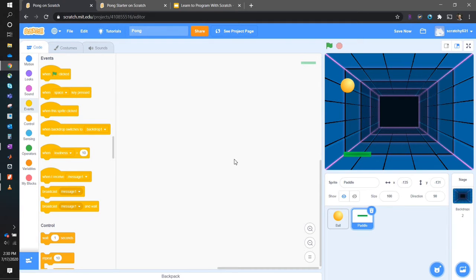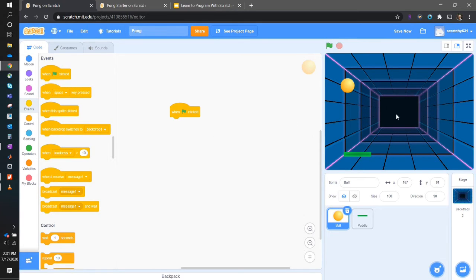To get started, okay, first we're going to program the initial gameplay. First thing that we want to do is we want to make the ball move. So let's click on the ball and let's start writing code. So the first set of instructions that we want to give the computer is that when the green flag is clicked, do something. Green flag means to start the program. The first thing we want the ball to do when the green flag is clicked is to start in the